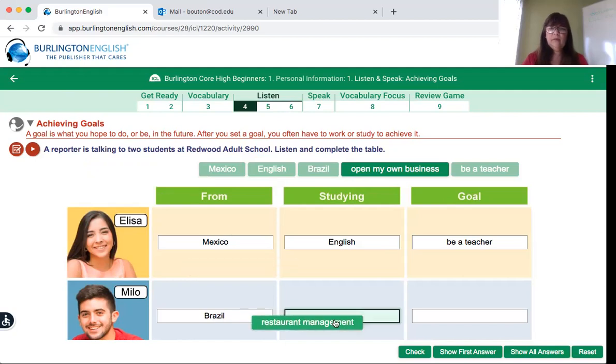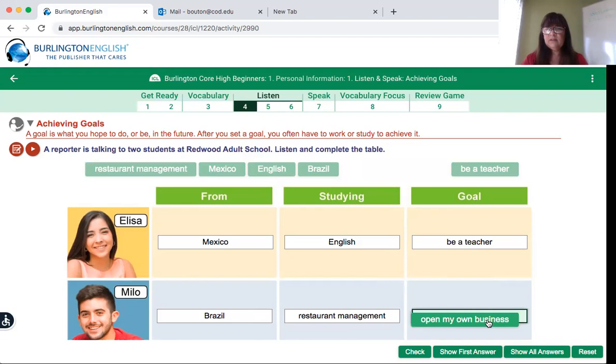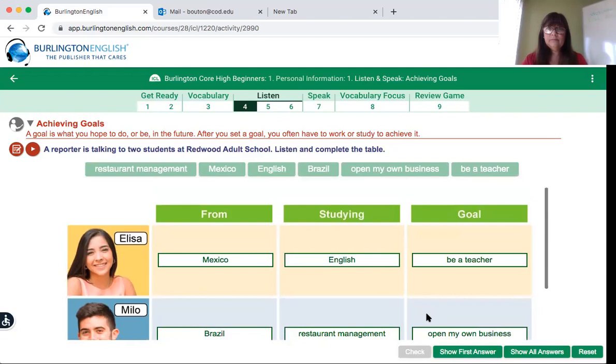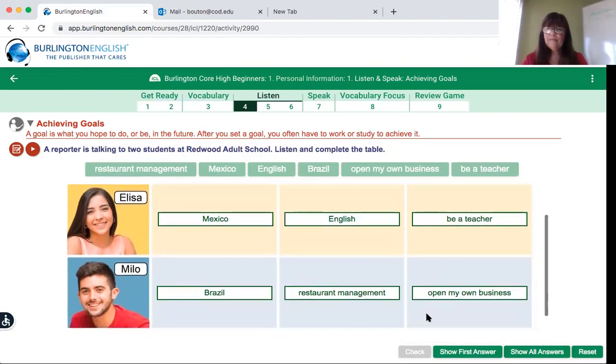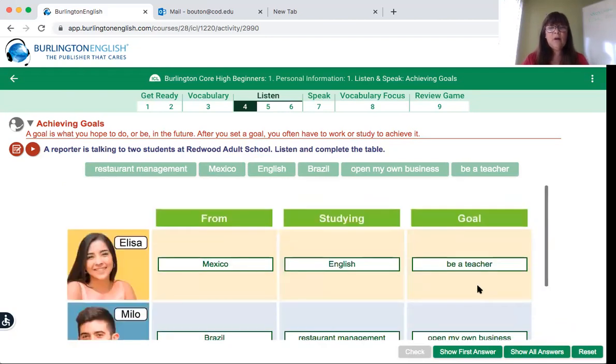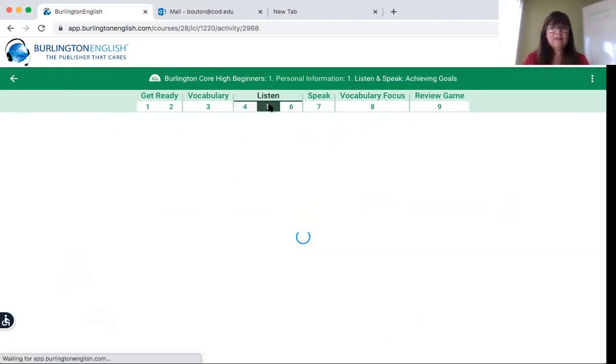Brazil, studying restaurant management, open my own business. So let's see, do we think it's all correct? Let's check. Yeah, all correct. You see all the boxes are green, so we have completed that task.